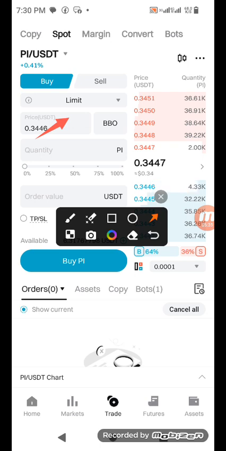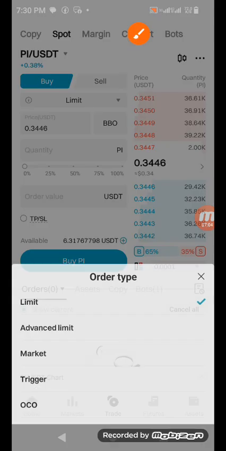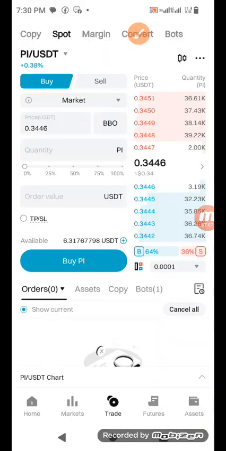That's limit order. But if you go to market order, you are not giving any of these things. You just want to buy at the current market price. So as it is now, buy whatever it gives you. And that current market price can be anything because the fluctuation is so much. You might be seeing 0.3447, but before you place that market order, the price may have shot up to anything. It could go down, it could go up. So be ready for that, because you are not a machine to capture the seconds movement of this token. So I want to go through the market order now.